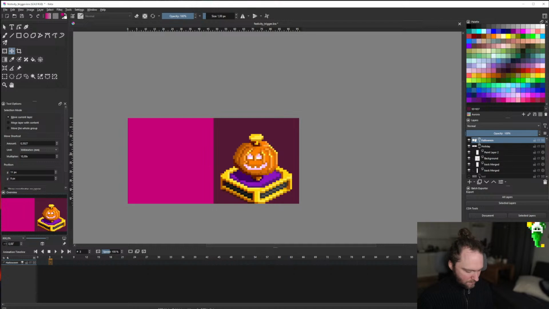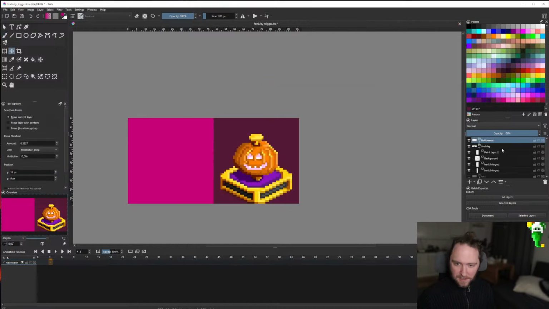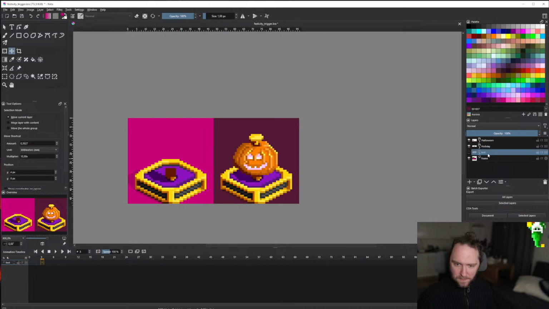No. I have no idea what I just did. I think I created a picture from that layer. Oh, I moved? Okay. I didn't know that was a feature. Come on, I just wanna...